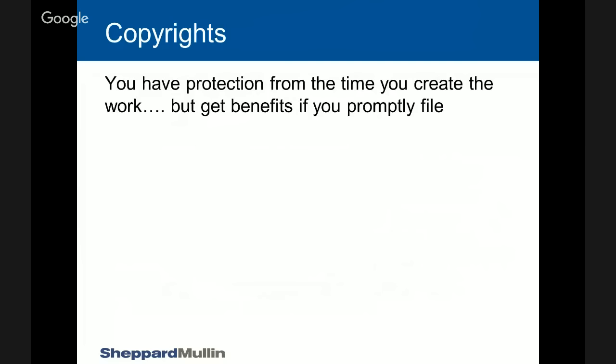Copyright's nice thing about it is that you get copyright protection from the time you create a work. The statute says from the time it's fixed in a tangible medium. So you store it on a disk, boom, you have copyright protection. You don't have to file to get copyright protection. But there's two critical things that you get by filing copyrights. It's a federal copyright registration. It's $35 to file online. You can do most of them yourself.